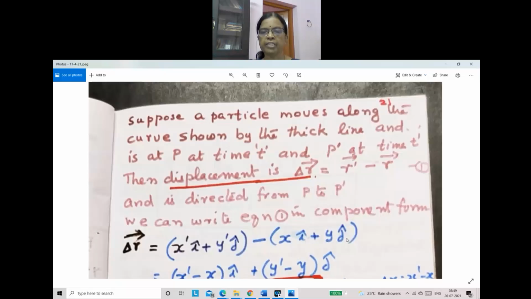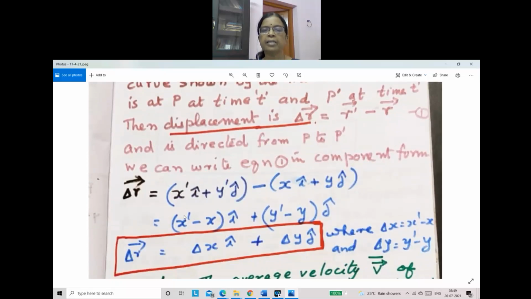Very good. That is the displacement vector. And this we write, for example, 4 minus 3, that is 1. That is the displacement along the x direction. Delta x, we write this is delta x into i cap plus this is delta y, 5 minus 2, 3. That is 3 j cap, write like that. We will not write like this. We subtract and write. Along the y direction, it moved delta y. Delta x i cap plus delta y j cap, where delta x is x dash minus x and delta y is y dash minus y.